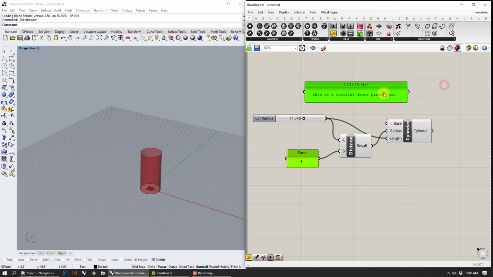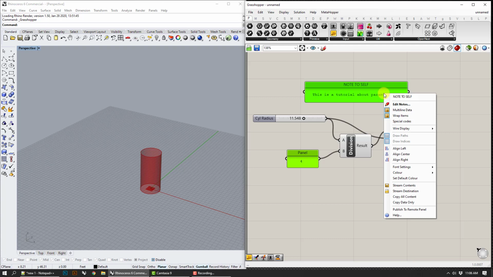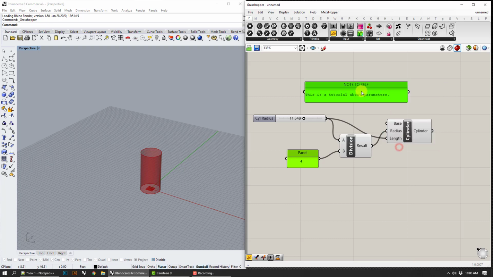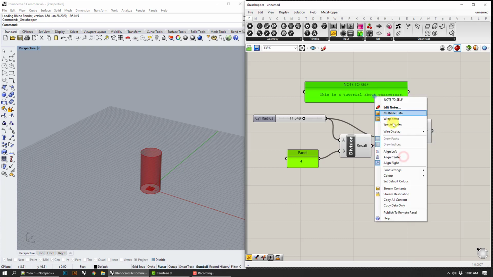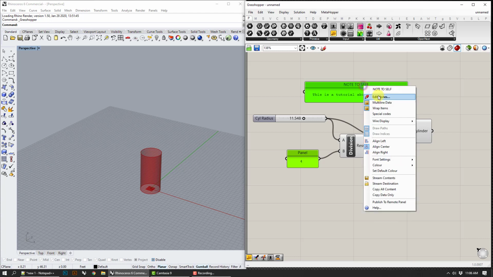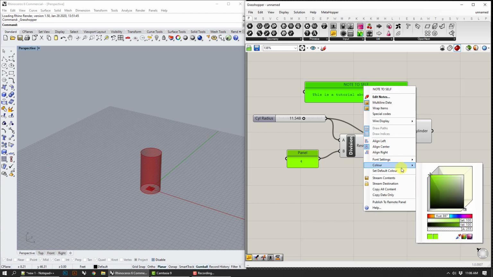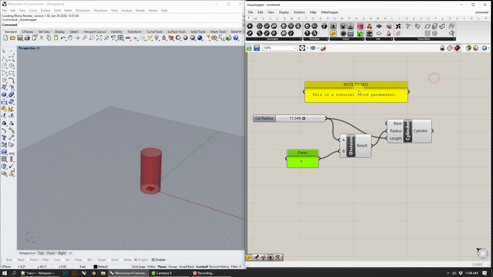Okay. And you can do all kinds of things with the text. You can align it. You can change the type. All kinds of stuff. You can also change the colors of things, if that's what you want, depending on your firm's style. By default, they're usually yellow. I'm not sure why these are green. I probably changed something, but anyway, it's a way to leave these things behind, but they're extremely useful